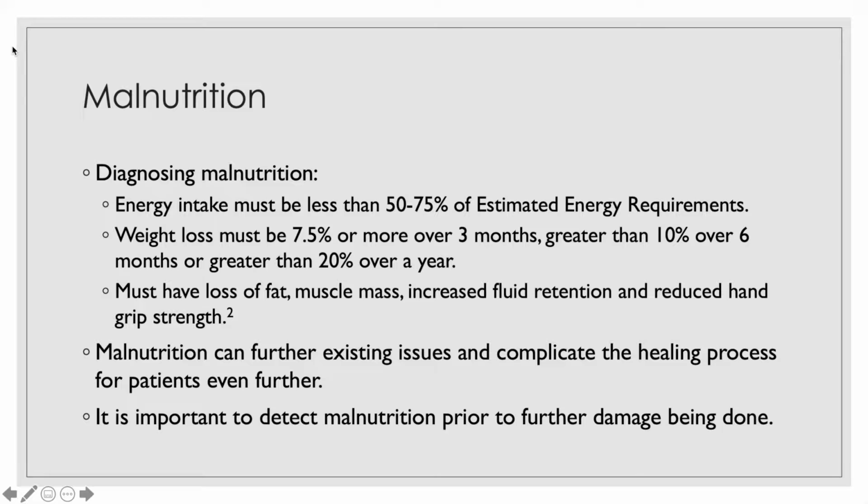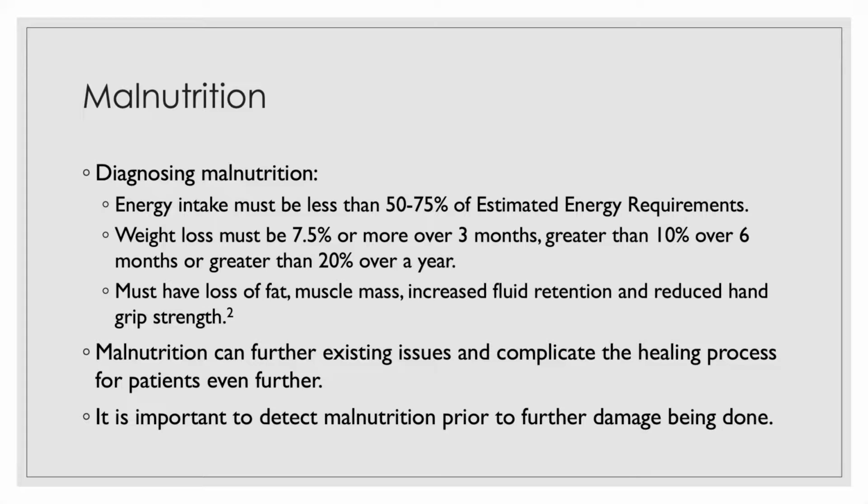So, diagnosing malnutrition: energy intake needs to be less than 50 to 75% of the estimated energy requirements. Weight loss must be 7.5% or more over 3 months, greater than 10% over 6 months, or greater than 20% over a year. The patients also must exhibit loss of fat, muscle, and increased fluid retention, as well as